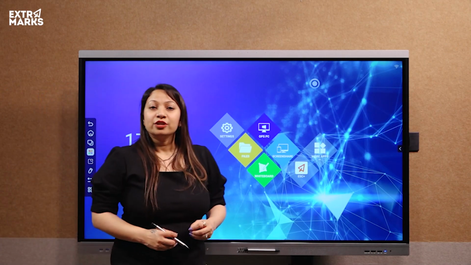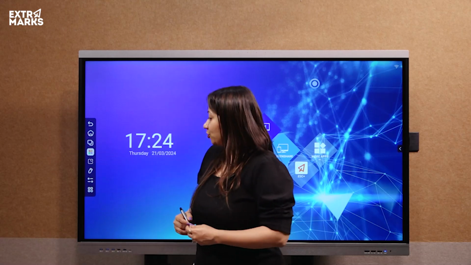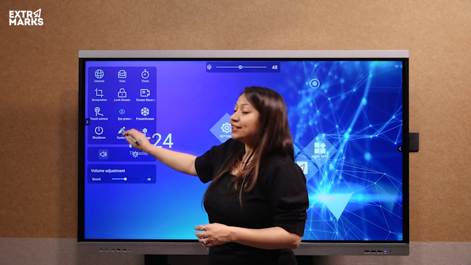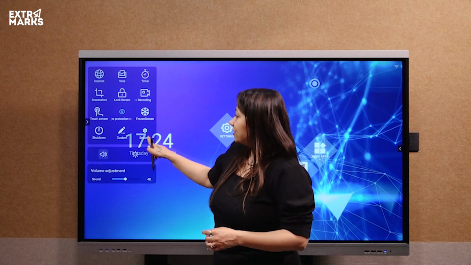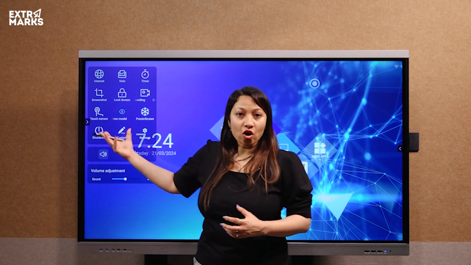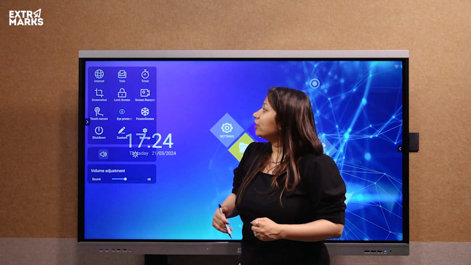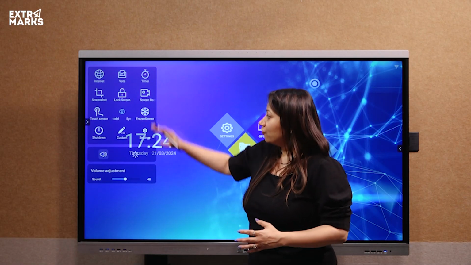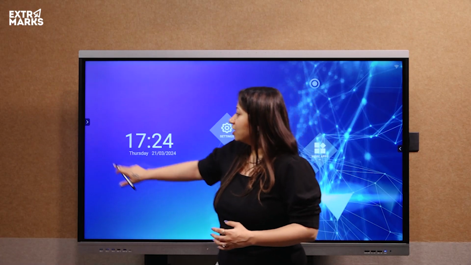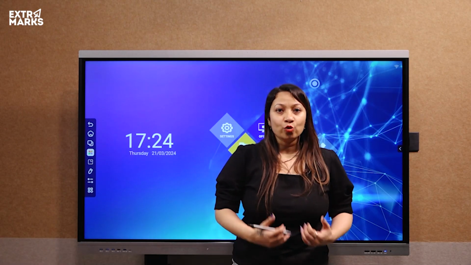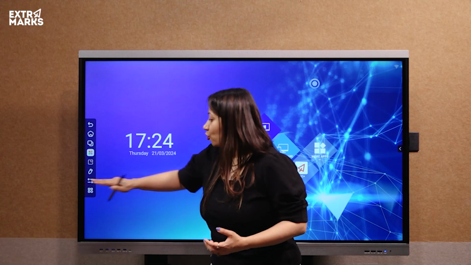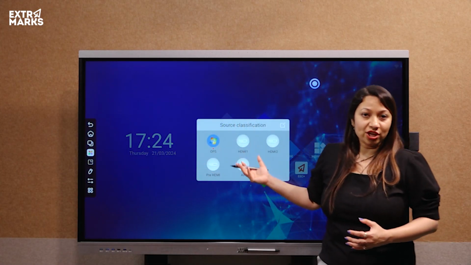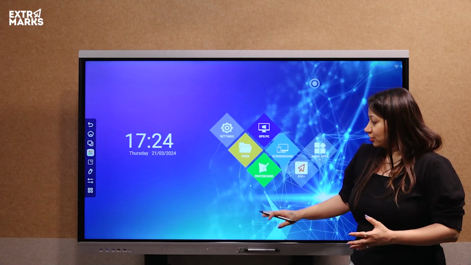Now as a user, you can also change the settings options by clicking onto this menu. Change the volume. You can customize the icons here, access the settings, can put a lock on the screen, do screen recording, use timers, voting application and so on and so forth from this particular segment. You can also move from one source to another by using the source icon, and you can jump from Android to maybe OPS, HDMI, whichever you may like to use.